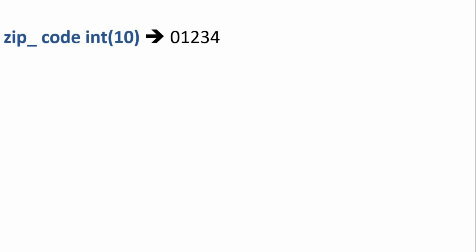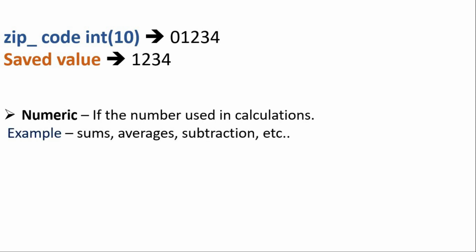If you store the zip code 01234 in a numeric field, then the number 1234 would be saved. You would lose a digit, which is 0. So the basic rule to follow is, if the number is a number used in calculations like sum, average and so on, then it belongs in a numeric data type column.